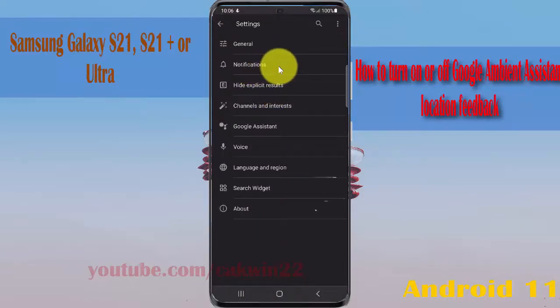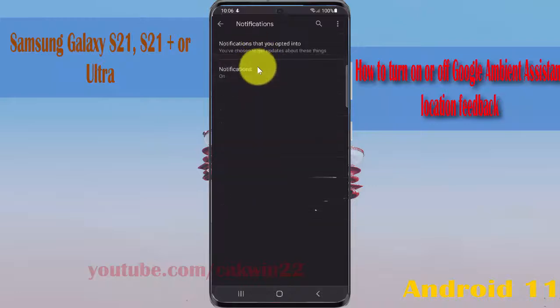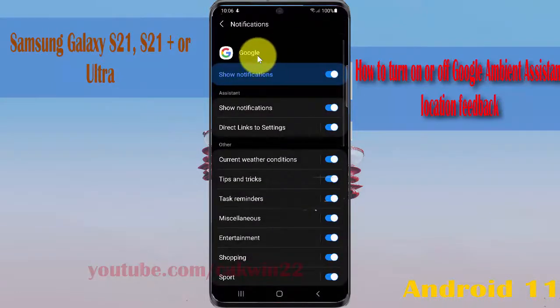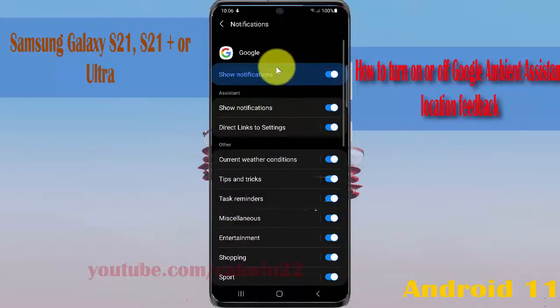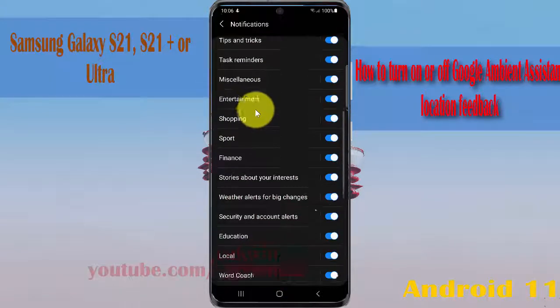and then select notifications. Tap notifications, and then you must turn on Google notification first. If Google notification is off, tap the show notification switch until blue to turn on, and then scroll down the screen,